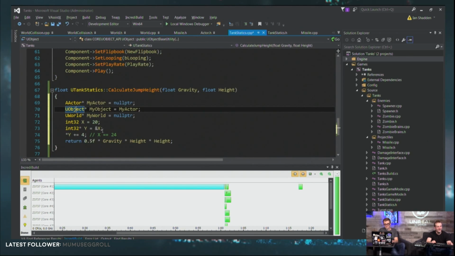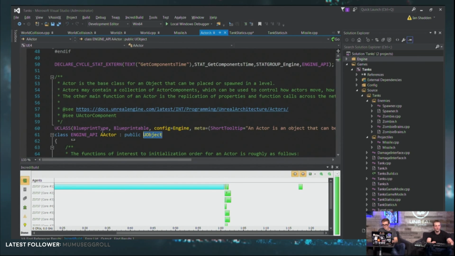and the AActor. So actor is the parent class of a lot of things. Now, as I showed you before, an actor is a special type of UObject. So an actor is an object, but it has a bunch of other things here, including that you can place it in a world, you can move it around, it can have components attached to it, that kind of thing, where a UObject is just a memory managed object within Unreal's engine.